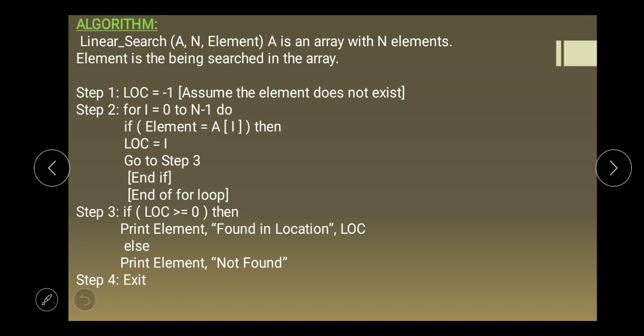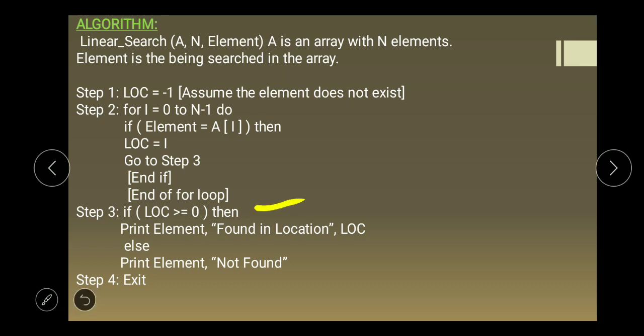Step 1, location is equal to -1. First we assume the element does not exist, that's why location is equal to -1. Step 2, for loop I is equal to 0 to n minus 1. We repeat our loop from 0 to n minus 1. If element is equal to A of I, then location is equal to I. Then we go to step 3.